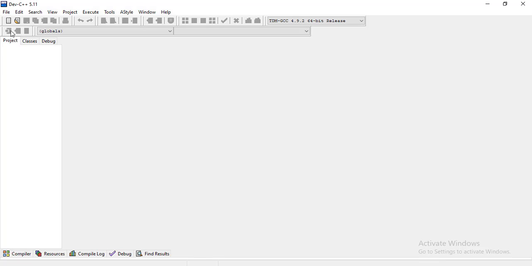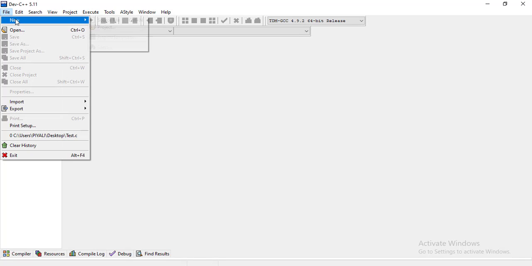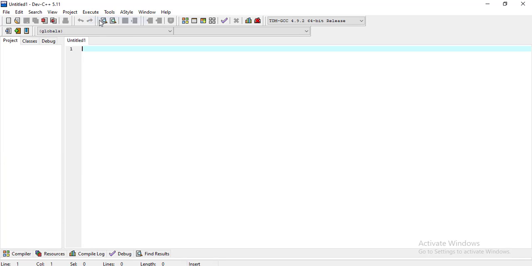In C we have to start with include stdio.h. This is the header file you have to include first.